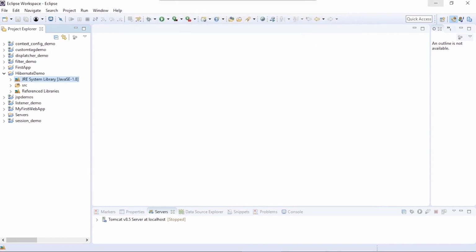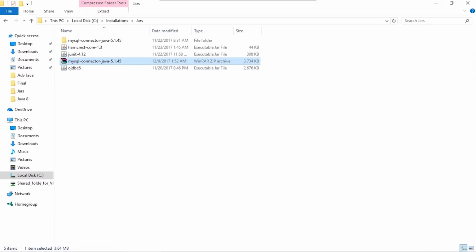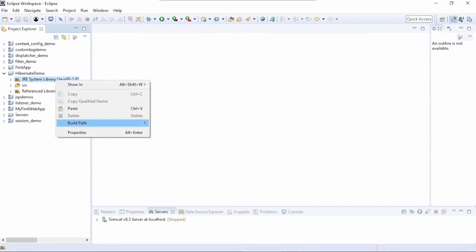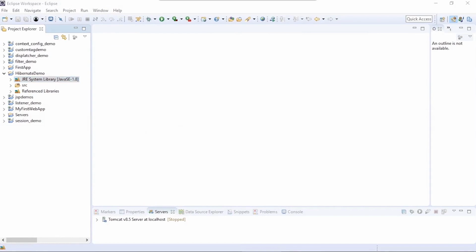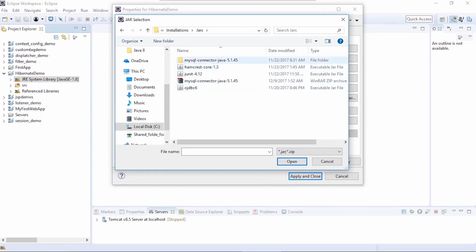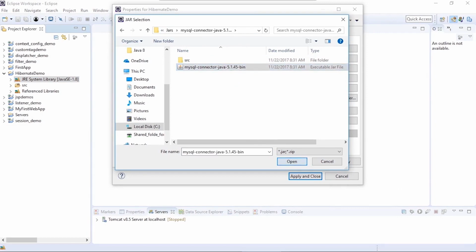It is in this folder, so we'll go to the build path, configure, add external jars, give the path here, and pick up the MySQL connector, apply, and close. So that has been added.